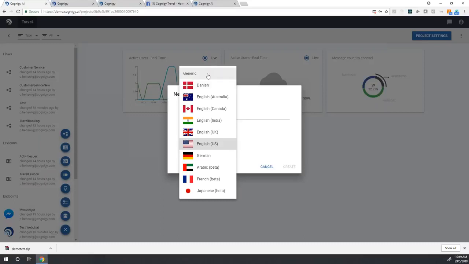In the generic language, you have all the tools that you have in the other languages as well, except for machine learning based intent mapping. So you can build full flows in any language you want, may it be Korean, may it be Russian, may it be Klingon if you want. It doesn't have to be a real language. And you can use the generic connector for that.